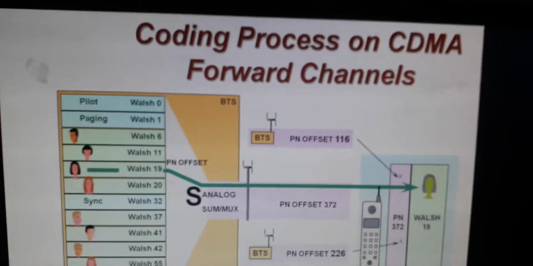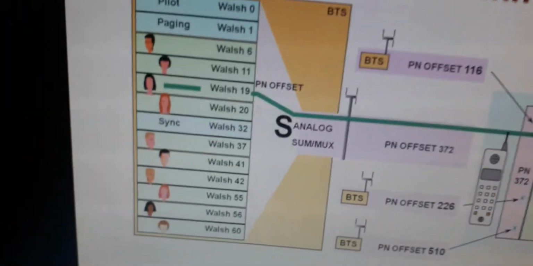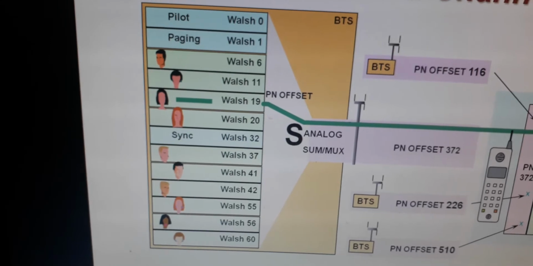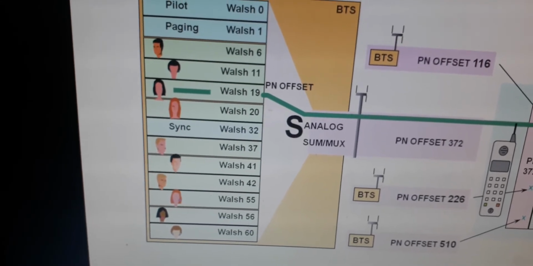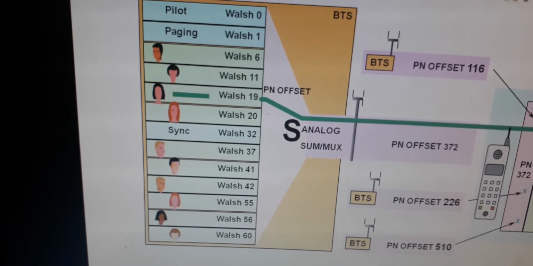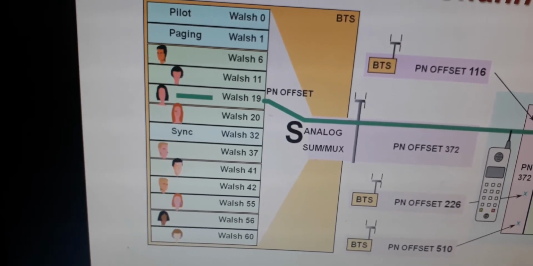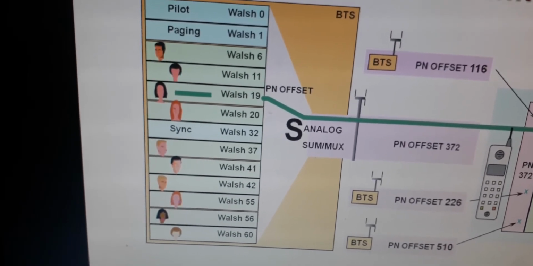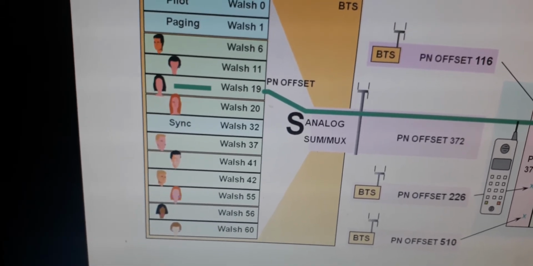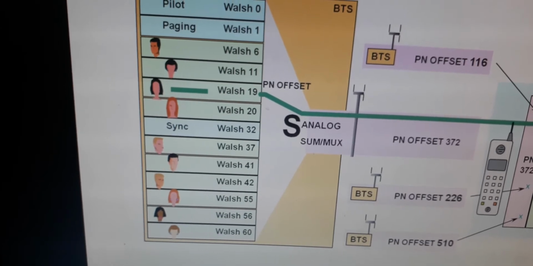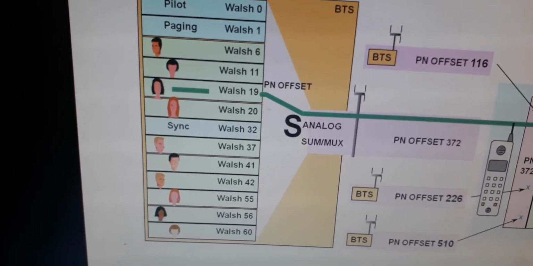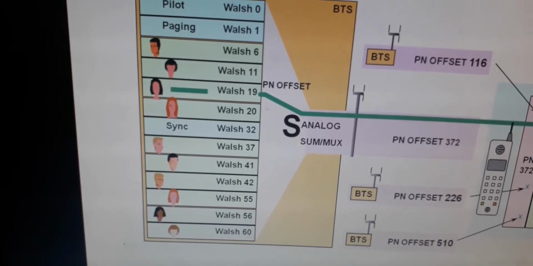How the forward channel actually works is very interesting. As I said, there are 64 Walsh sequences. Walsh 0 is fixed for pilot, Walsh 1 is fixed for paging. The other sequences, rather than 1 to 7, are Walsh 6, Walsh 11, Walsh 19, Walsh 20, 32.